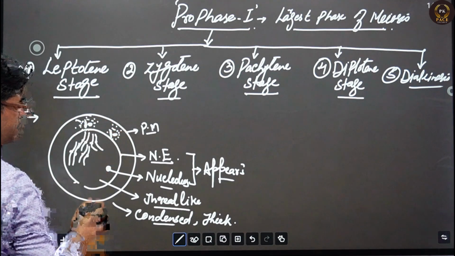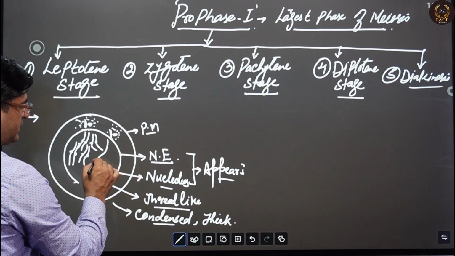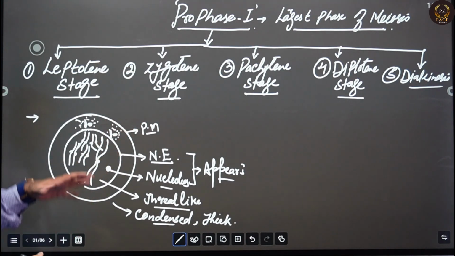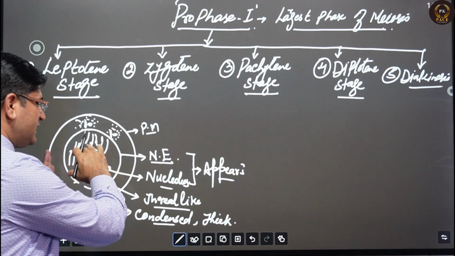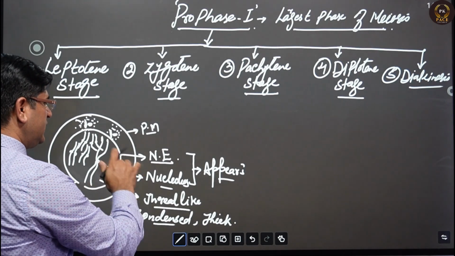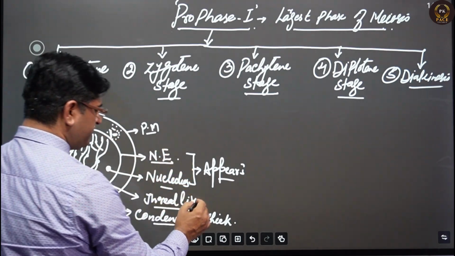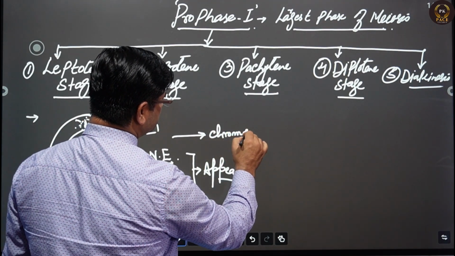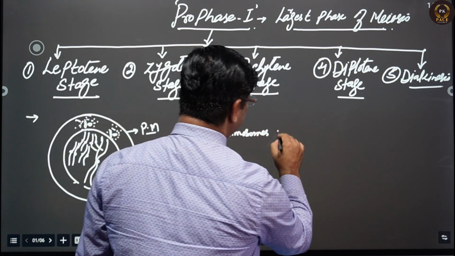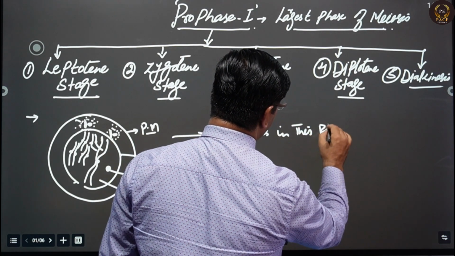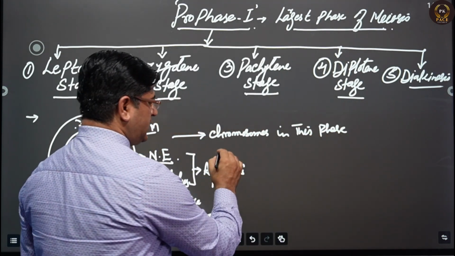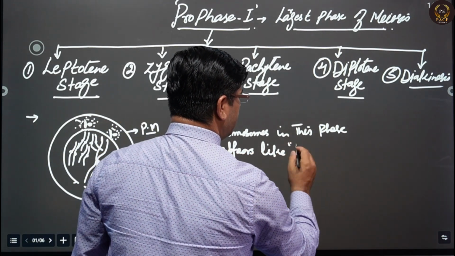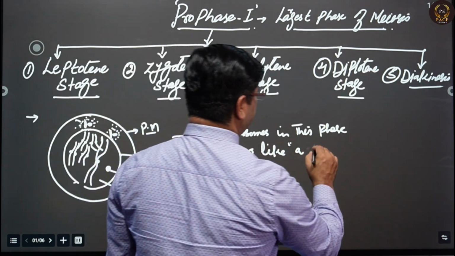When one end goes towards the centriole and the other ends of the chromosome remain scattered inside the nucleus, it gives the appearance of these condensed chromosomes. The chromosomes in this leptotene stage appear like